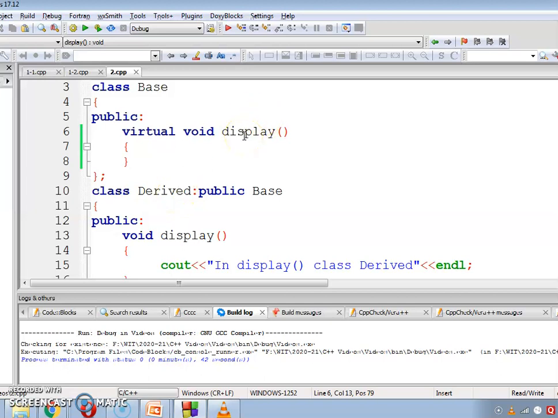If we have different signatures, then it is called overloading of functions. And if we have the same signature for the functions defined in the base and derived class, then it is called overriding of the functions. And for using the concept of virtual functions, we need overriding of the functions.